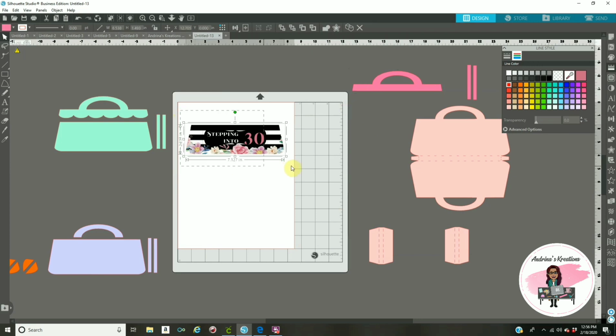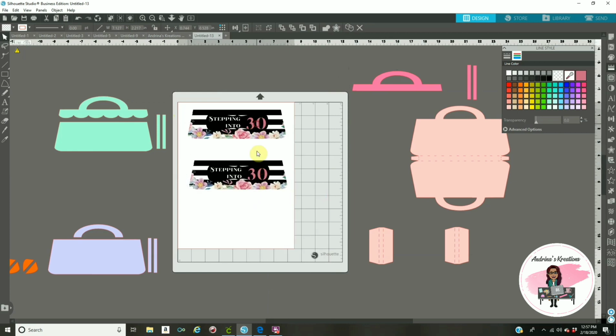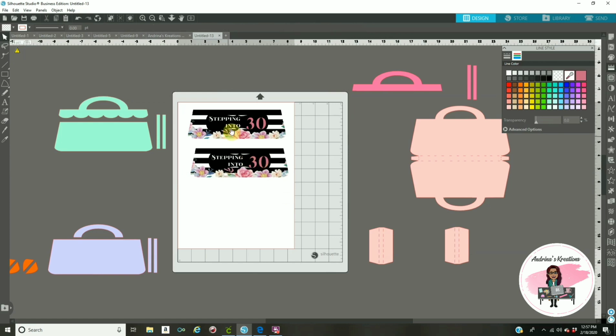I'm going to select this. I'm going to right click and group everything together, and then I'm going to right click and duplicate it. And you can fit as many as you want into your paper that's 8 by 11. But remember, you need two for one purse. Now you can cut this out by hand, which I usually do,